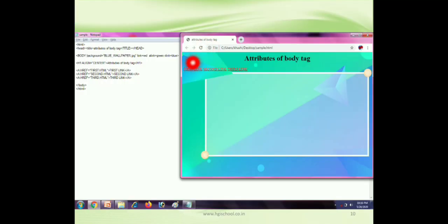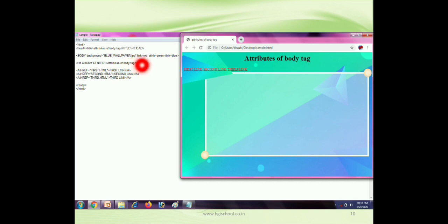Now this is the example. You can see the body here. See the basic code. This is the HTML basic structure that you will have to write in all Notepad files. Whenever you are writing an HTML program, you have to write HTML, head, title, title close, head, and then you have to start the body tag. So body space, then background is the attribute. In double quotes you can see blue underscore wallpaper is the image file name. You can see this is the blue wallpaper, blue wallpaper dot jpg.